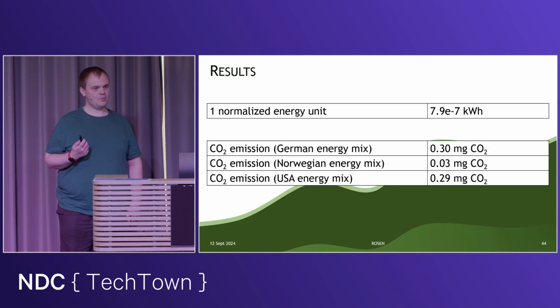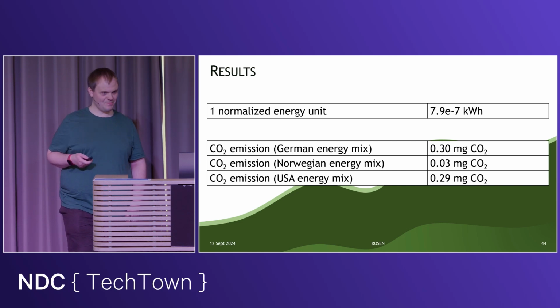For visualization purposes, we normalized energy consumption by dividing all measured results by the overall minimum value, yielding one normalized energy unit. All upcoming slides will use this unit. In the table above, you can see its actual value in kilowatt hours and the associated CO2 emissions estimated by Code Carbon for Germany, that's where we are from, the USA, because they host the most data centers, and Norway,